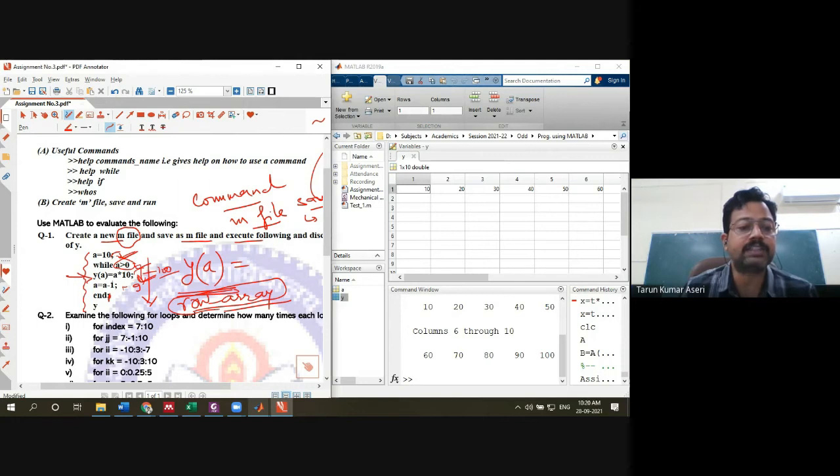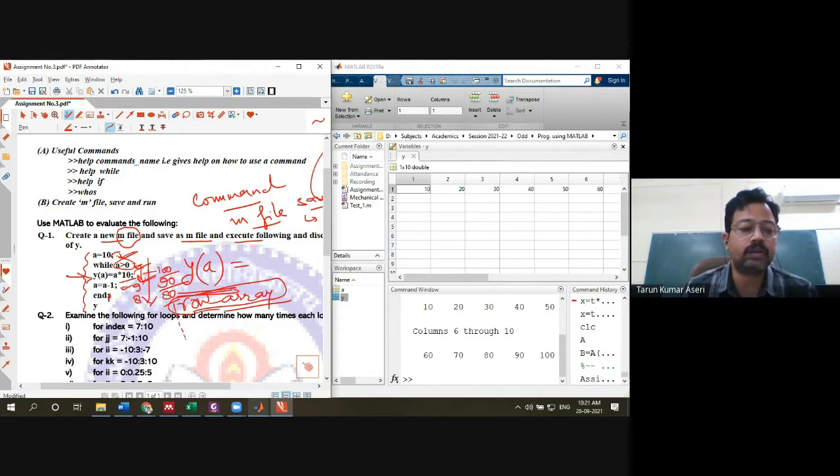Again it is going to estimate a times 10, then the answer is 90. Further it is going to reduce a by 1, and then the new a becomes 8. Now, while a is greater than 0, this expression will again take place, and the new value is 80.